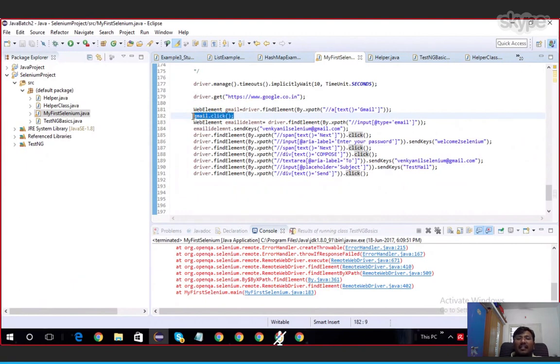Got it? Implicit wait will wait until the element is present, until it is available. It won't wait for its properties.